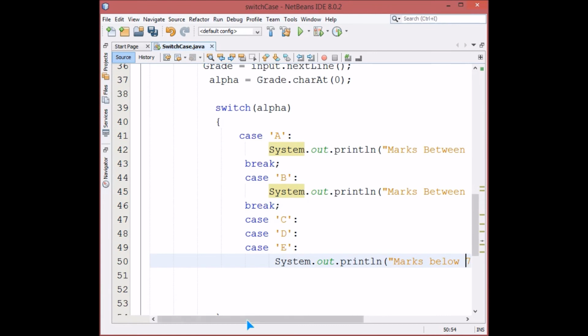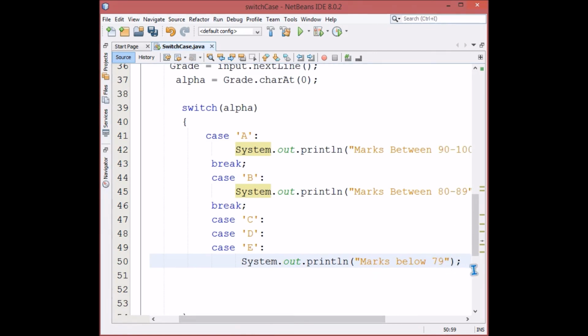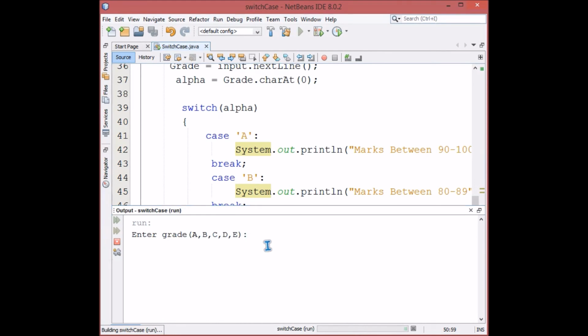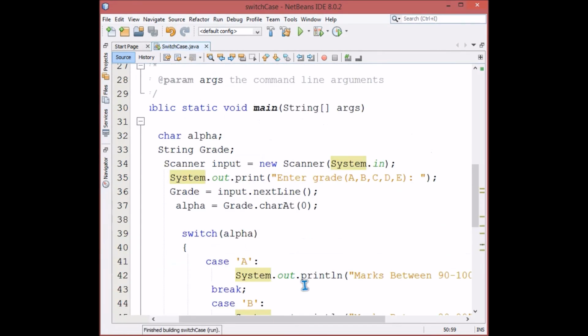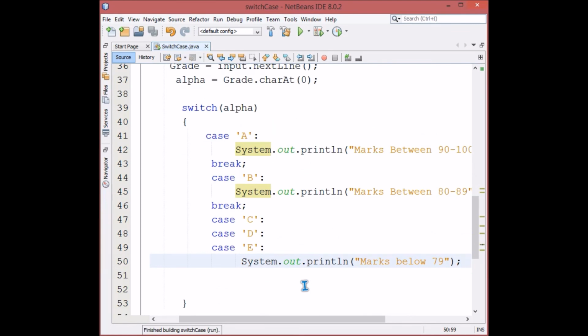See how easy it is to simulate that particular condition of multiple else if in the switch case construct. I give D, it says marks below 79. So hope you understood the switch case construct. Thank you so much. Take care.